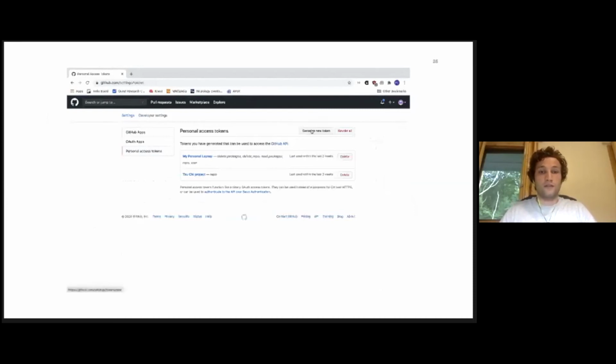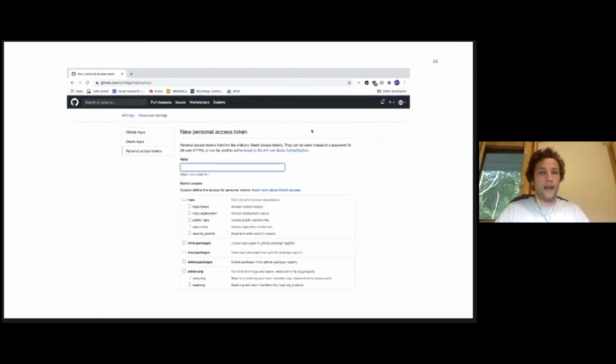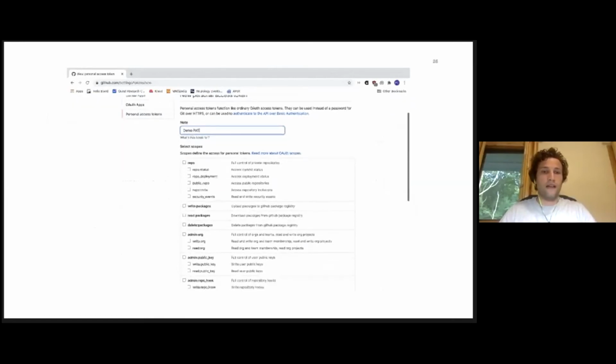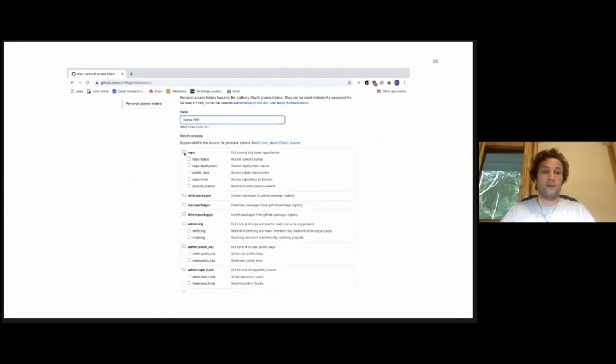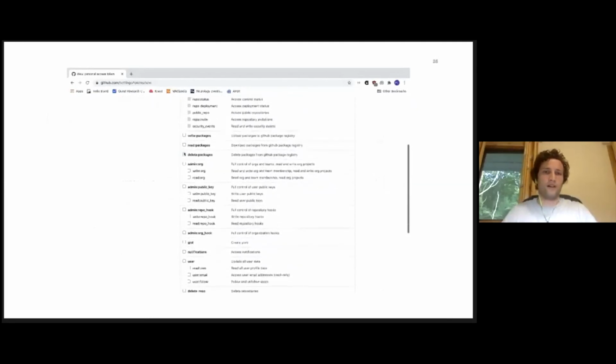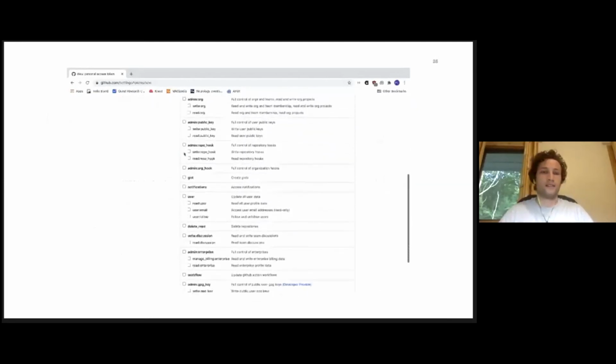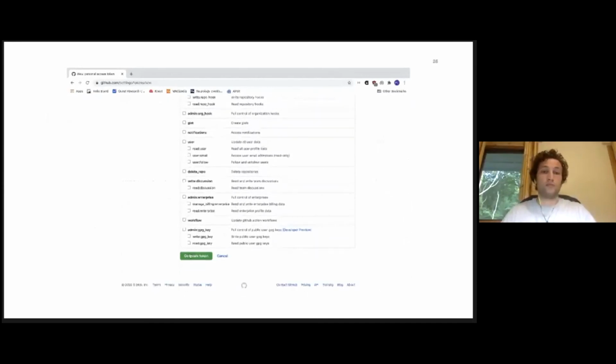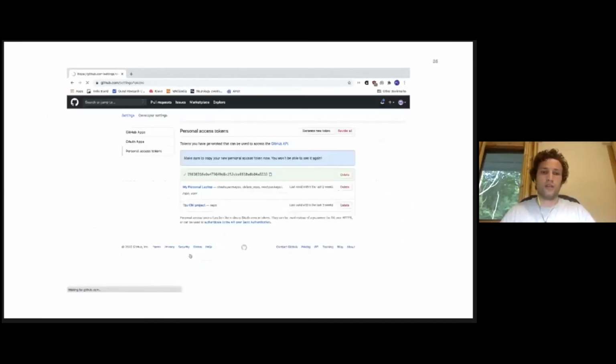So go ahead and create one. The only thing that you're going to need to do is name the repo, then name the token, and then select repo. You'll see that there are a ton of different options here of different types of access that you can grant to your personal access token, but you don't need to worry about any of those. So go ahead and generate token, and make sure you copy the token that's been listed below in green, because